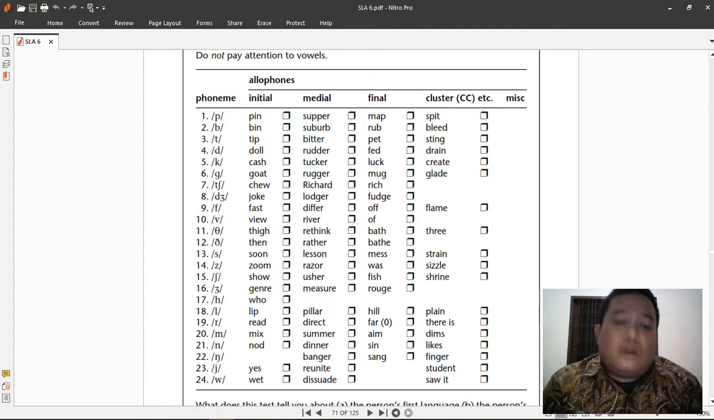Differ, river, okay? F, V, okay? The F is a light F, but the V is a bit bold, a bit heavy, okay? River, and then rethink, rather. See, rethink, not reading, rethink, and then rather, lesson, lesson. It's still s, okay. Razor, usher, measure,